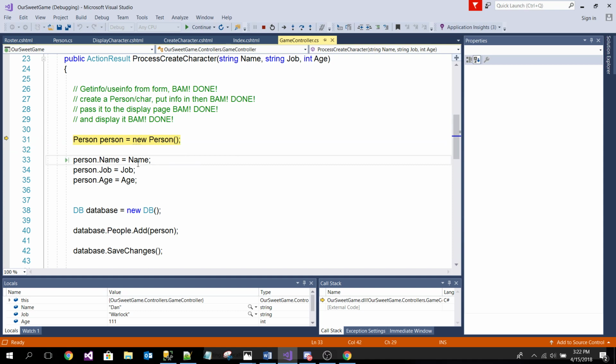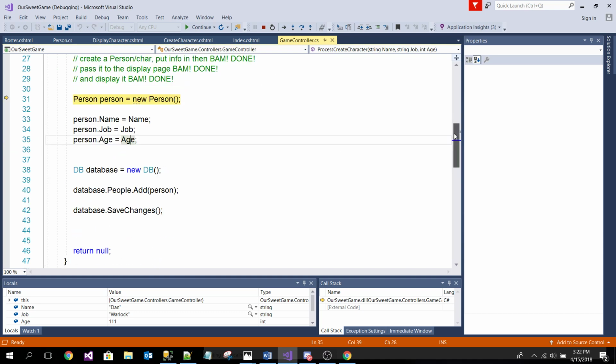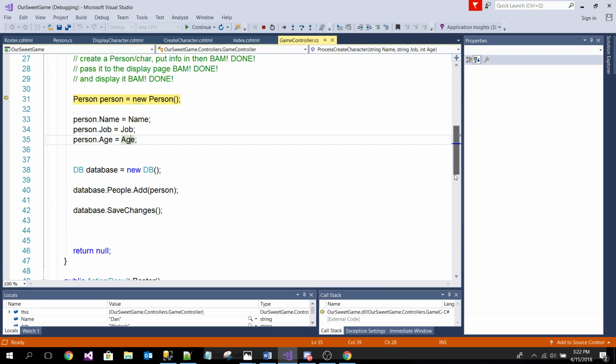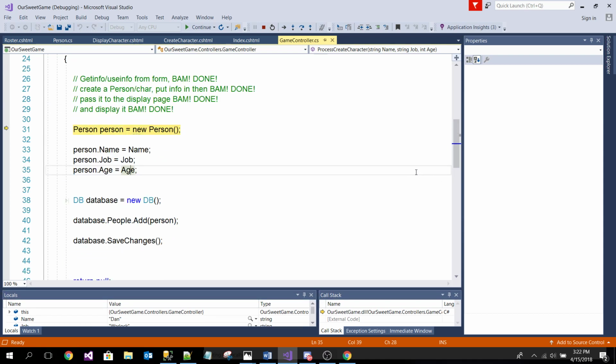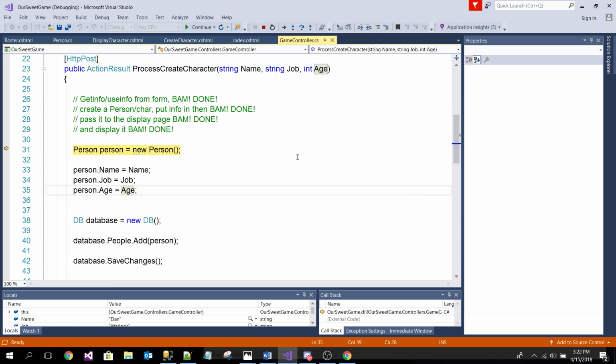And then we're going to fill that information with the person that we got from the form. And then we encountered something new. What was the new thing that we encountered? You guys remember, it's like magic here now. It's like super magic. We're entering that information into a list on the database. That's right. So magically, we have a database that I magically created, and that can create it by just doing